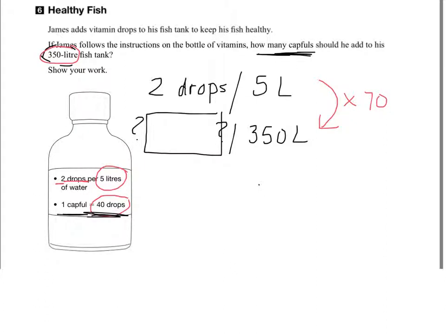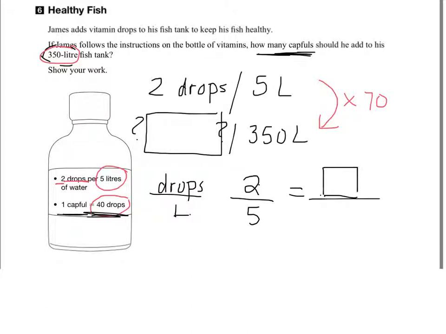And another way I can write this, you've done this in grade 8, is we're looking at a comparison between drops and liters, okay? Anytime you have a rate, you can also write it as a fraction, correct? So for every 2 drops, it's 5 liters. So we're trying to figure out how many drops for 350 liters. Okay, and we're finding the scale factor. How do I get from here to here? It's going to be the same thing I need to do to get from here to here, right? So 5 times 70